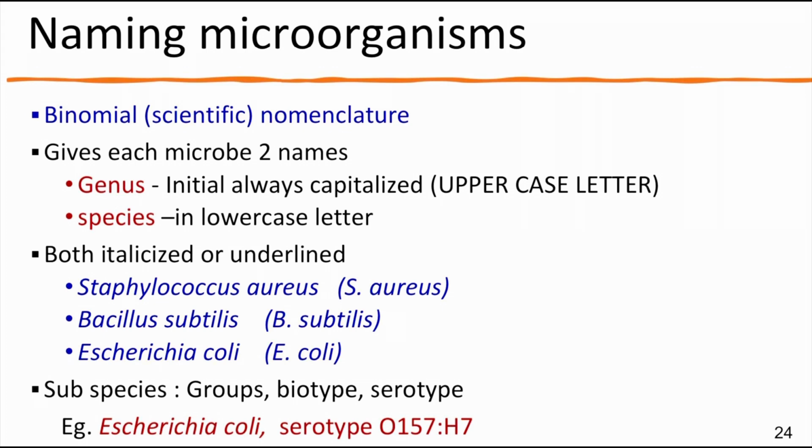Some common examples include E. coli, Escherichia coli. So Escherichia, the E would be a capital E, and then you have your coli, both would be italicized. And there are many other examples which you'll come across in microbiology: Staphylococcus aureus, Bacillus subtilis, Bacillus anthracis,